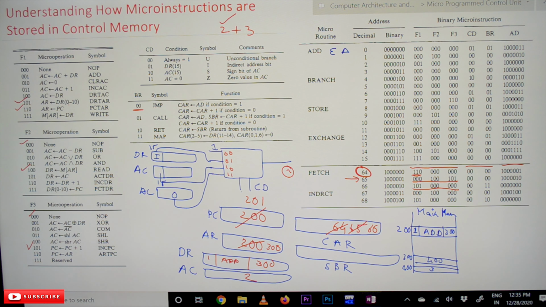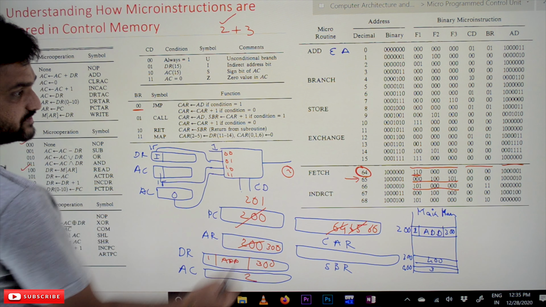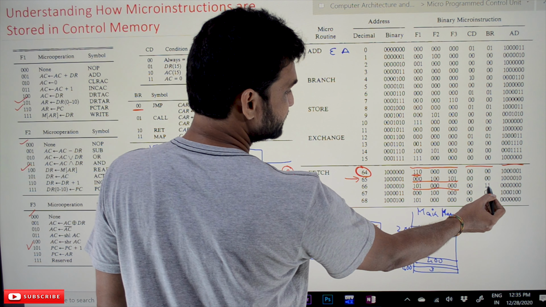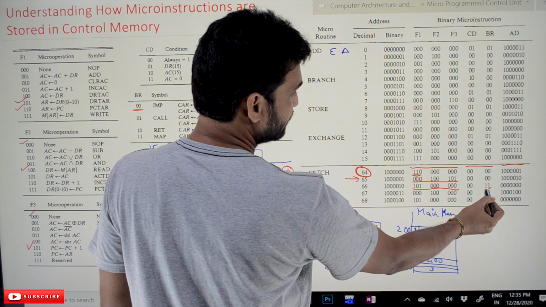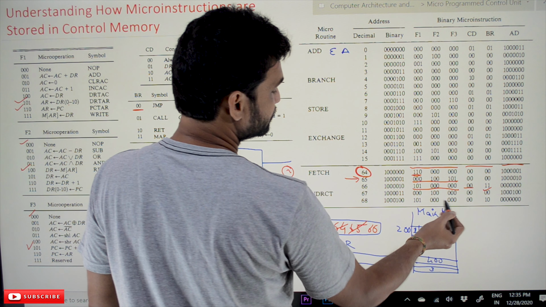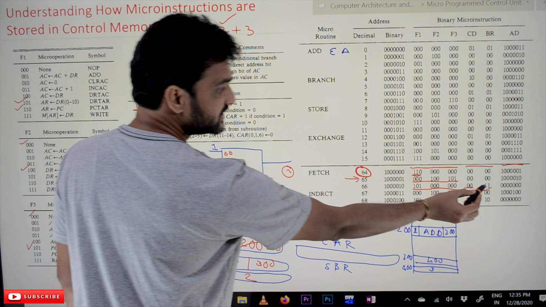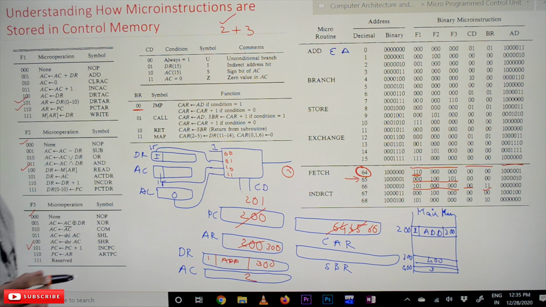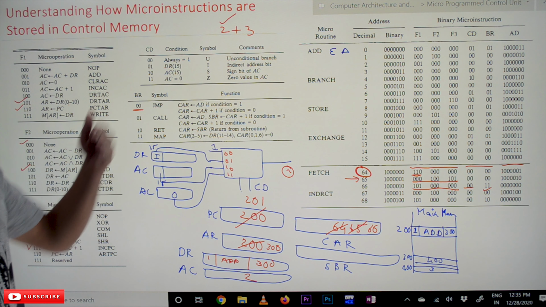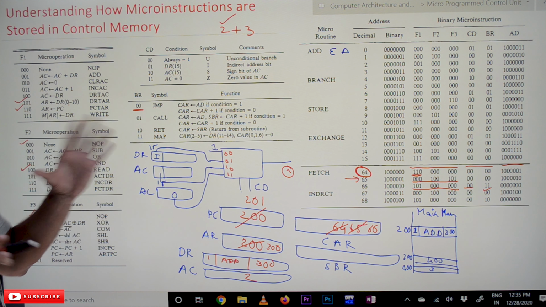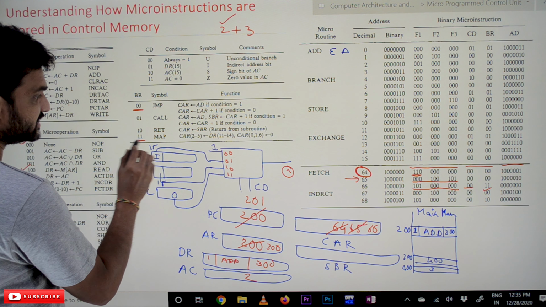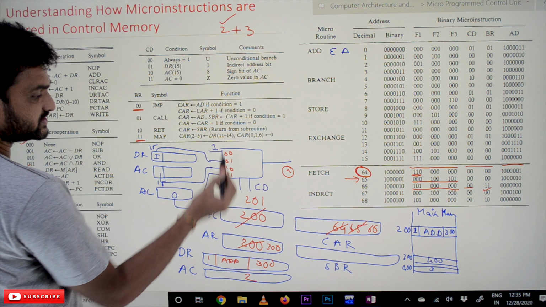Okay, so this has to be done. The next one is the status bits, 1 1 0 0. The 0 0 means always 1, and 1 1 means mapping. We have discussed the mapping concept in our previous video. What mapping has to be done? 1 1 means we look at the data register code.